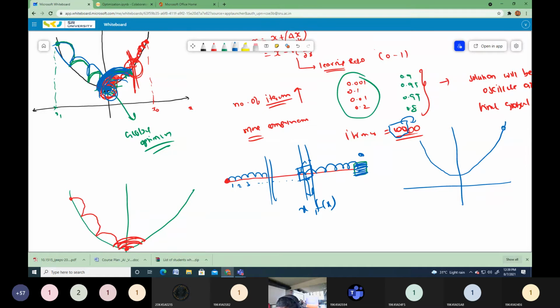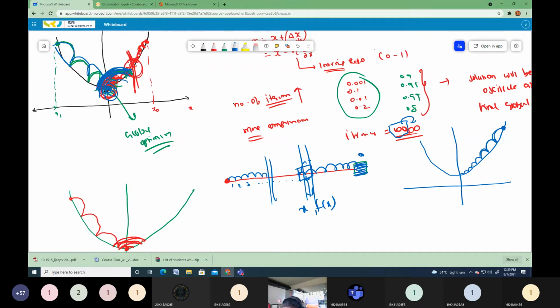So initially I keep the larger learning rate, but as iterations progress, I reduce my learning rate. This is one of the solutions. Because I keep the larger learning rate at the start, initially the step length is larger, so it comes towards the optimum point fast.